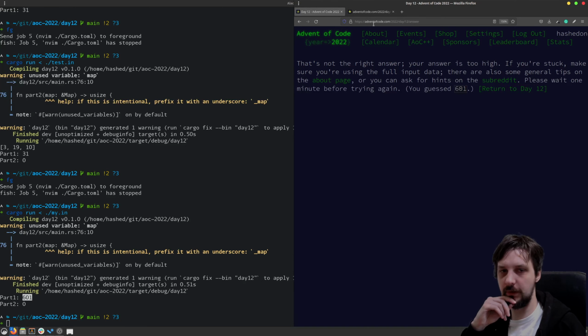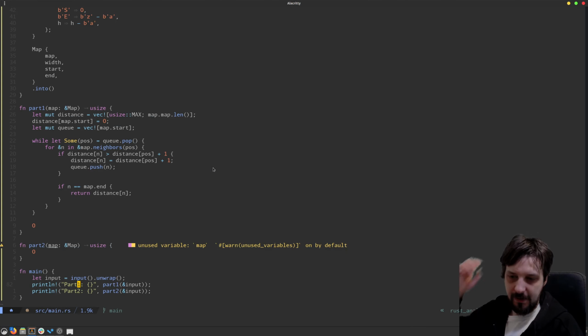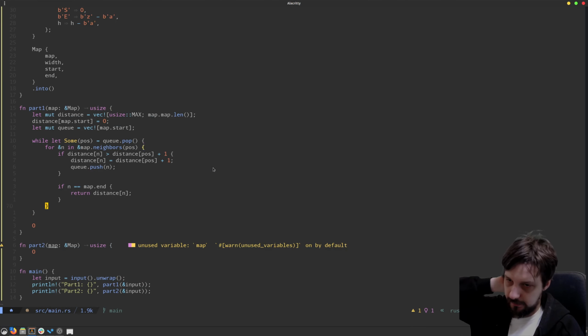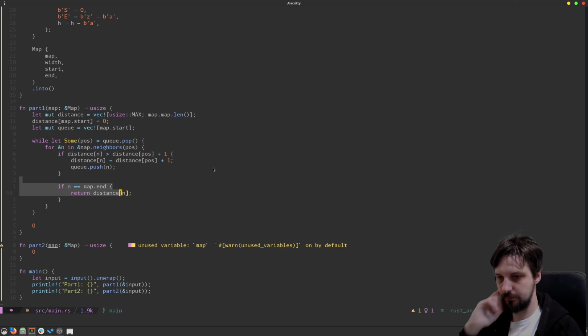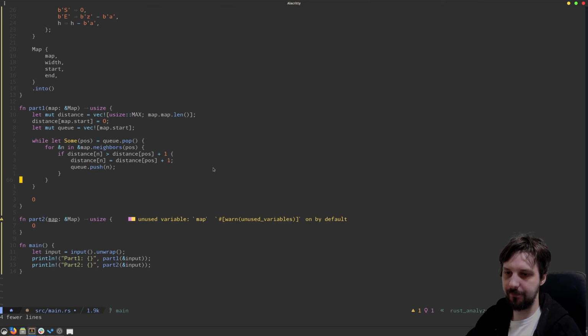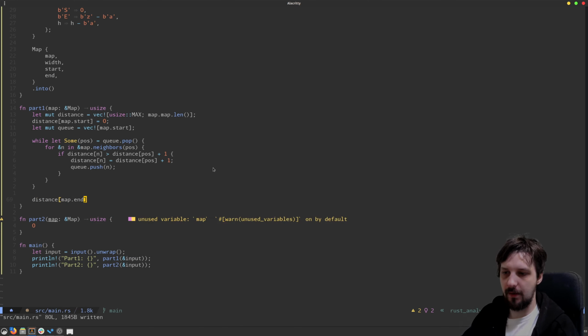That's surprising. Let's check if I remove this guy, and then I would just return here the distance of the map. And the thing is that if I was wrong and